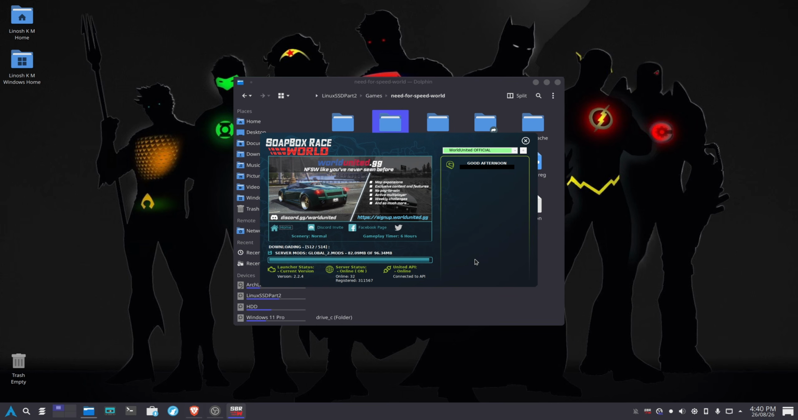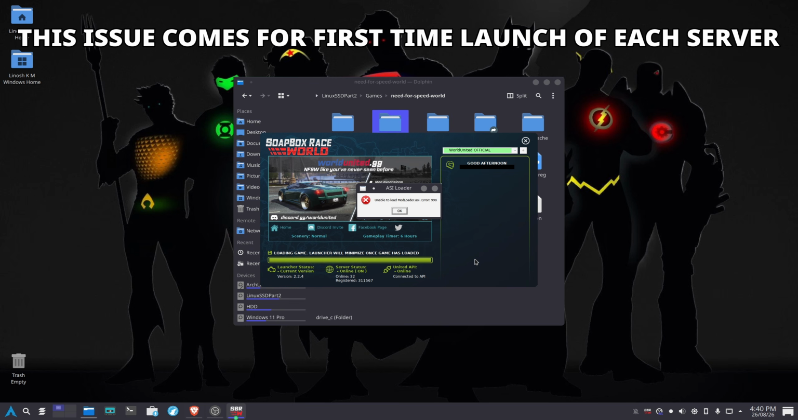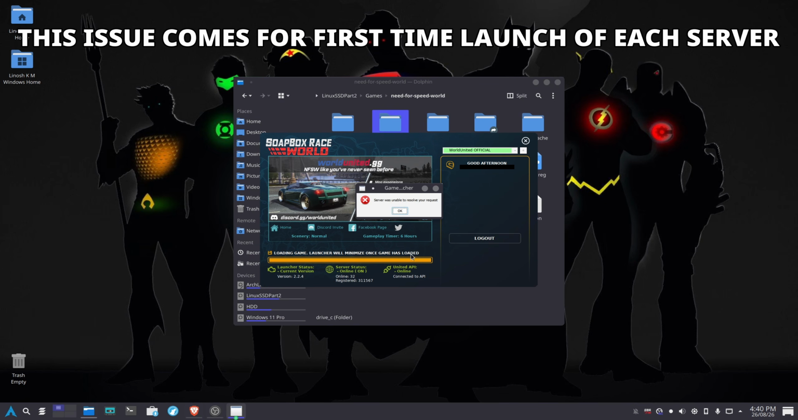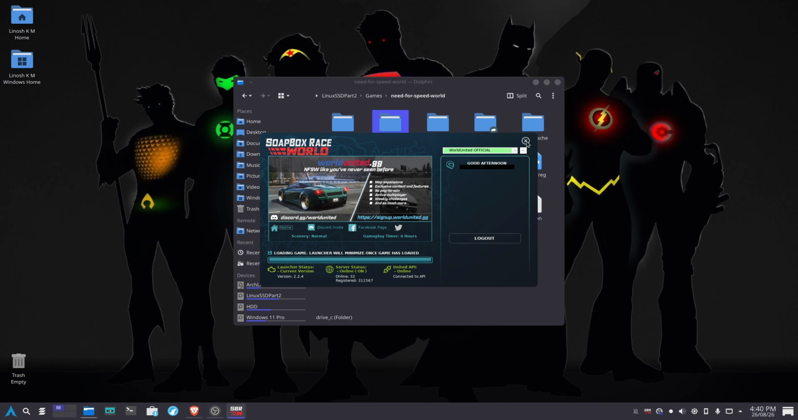Yeah, we are back and we are close to finishing the download of the additional content the World United Official requires. As you can see, sometimes you might get an error like this, which says that it failed to download the model order ASI with error 998, and server fatal error code 5. Don't worry about this. All you need to do is just